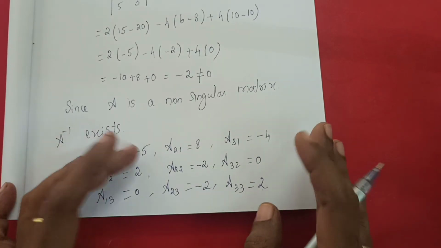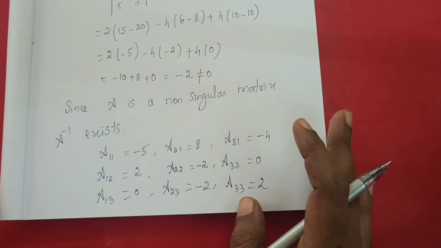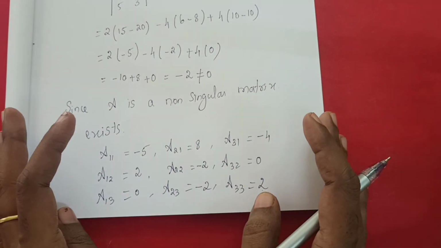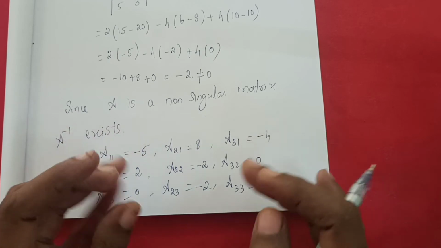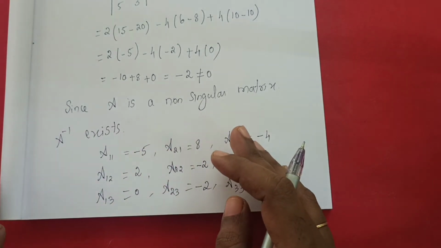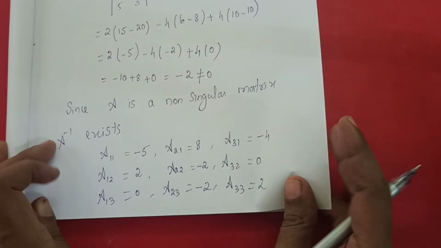If you are doing like this, no problem. Sometimes I am advising you, if you are using this method, you will get confused and you will make a lot of mistakes. Otherwise, you do the same as our previous exercise. How will you do? Cofactor. We will find that step by step. We will do the same as that. Okay. Now we are going to arrange this.